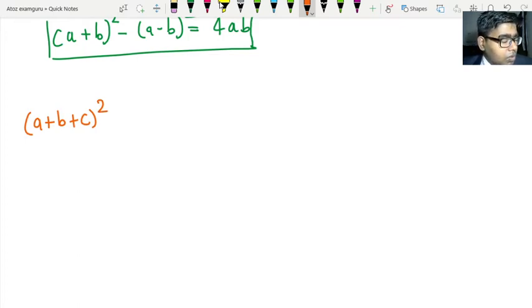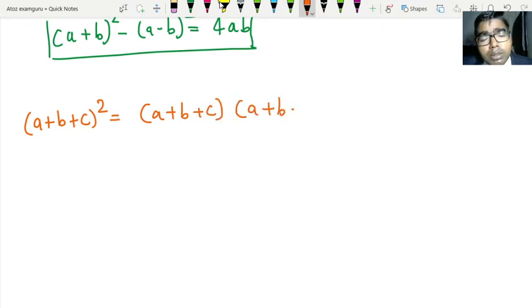Then what is the expansion of this? You can also derive this by a plus b plus c multiplied by a plus b plus c. The derivation of this formula is not in your course, but I am going to tell you,